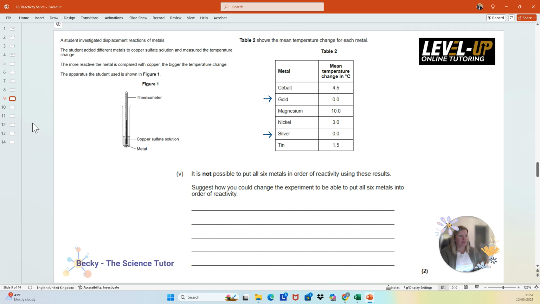gold and the silver. Okay, so what we need to do then, because we're reacting these with copper sulfate, is basically replace that copper sulfate with something that is less reactive than the silver or the gold, or at least is less reactive than silver, because then we would have a reading for silver and no reading for gold, and therefore we can put those in order. So what would we change? We need 1 mark, we need some idea about we need to replace the copper sulfate,